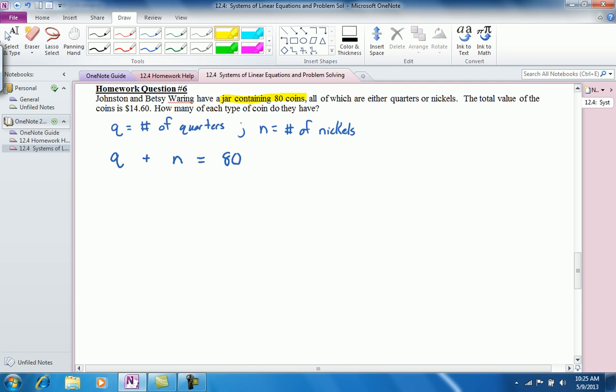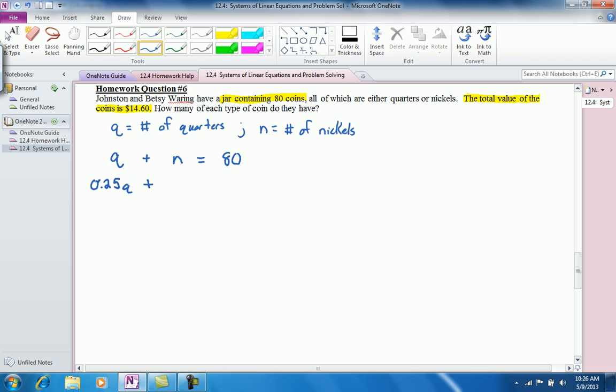Not too bad. My second equation will come from the sentence that says the total value of the coins is $14.60. This equation requires a little more thinking. So I'm thinking about the value of the coins. A quarter's worth 25 cents. So the quarter is going to be assigned 0.25Q, plus